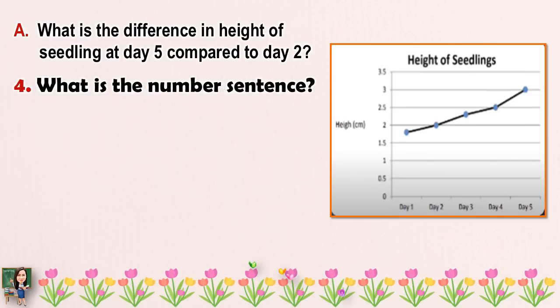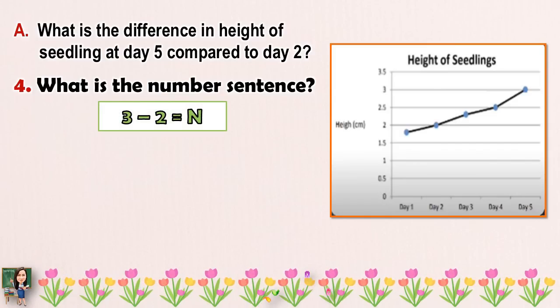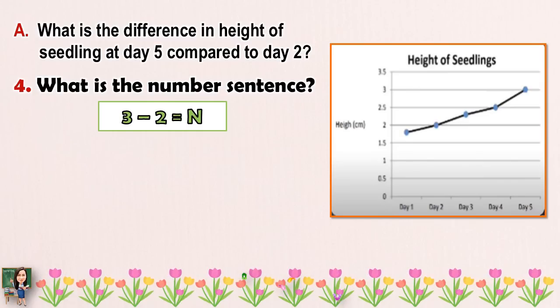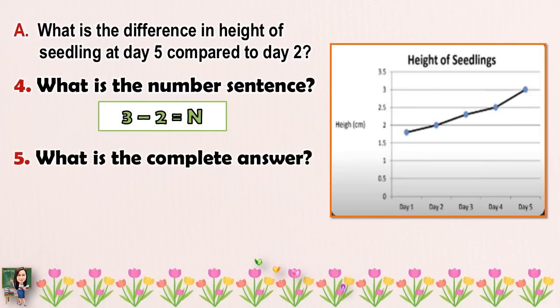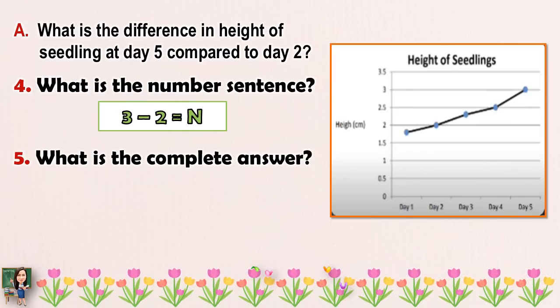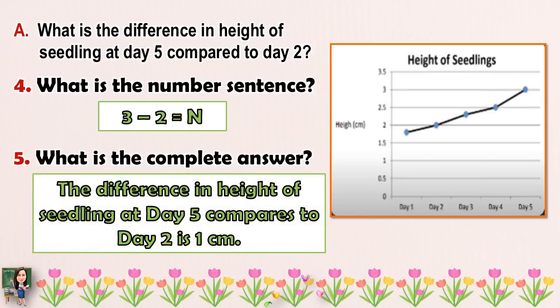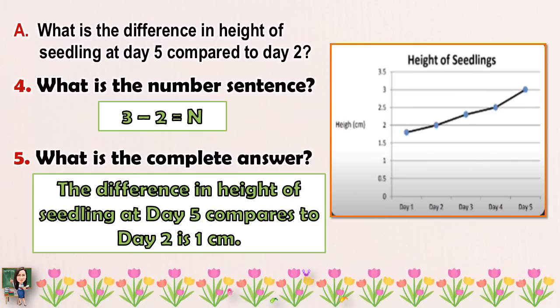Fourth question, what is the number sentence? Correct. The number sentence is 3 minus 2 equals n, or 3 minus 2 equals 1. Number 5, what is the complete answer? Correct. The complete answer is the difference in height of seedling at day 5 compared to day 2 is 1